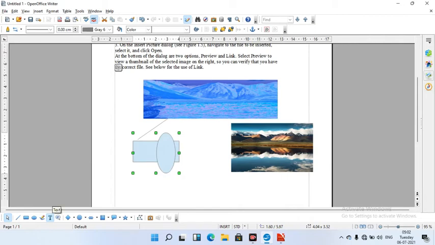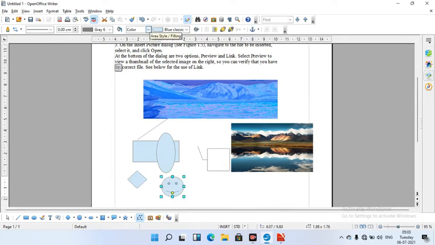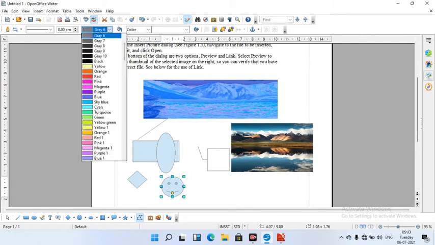Like this, there are many other objects here, like text, one more is scale out, and basic shapes, and there are symbol shapes like smiley. We will fill the colors, gradients and bitmap. If I want color, then we will select the color from here.